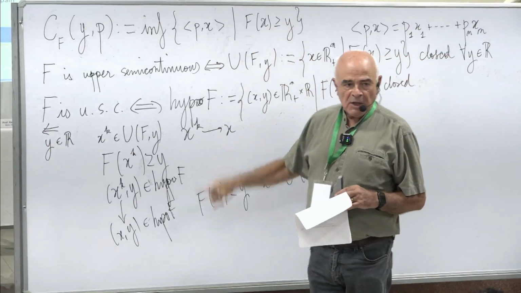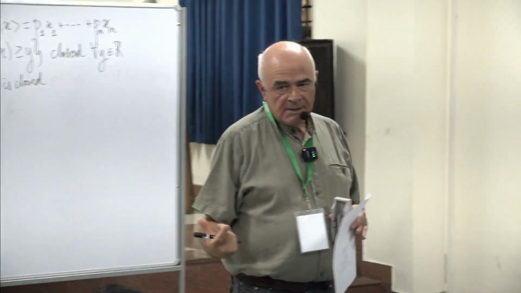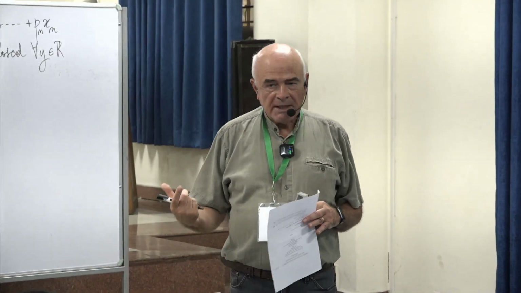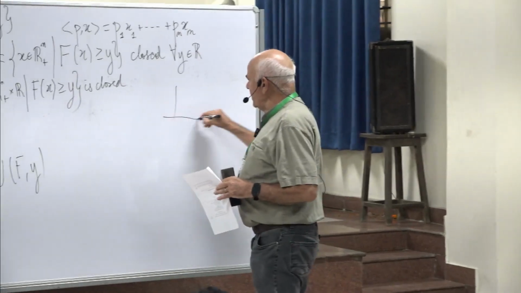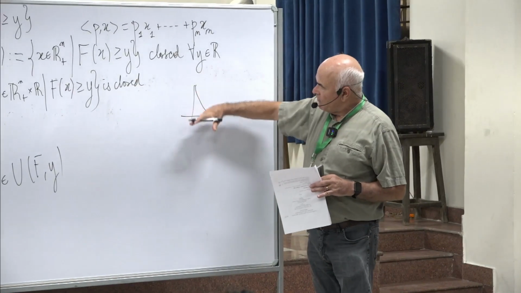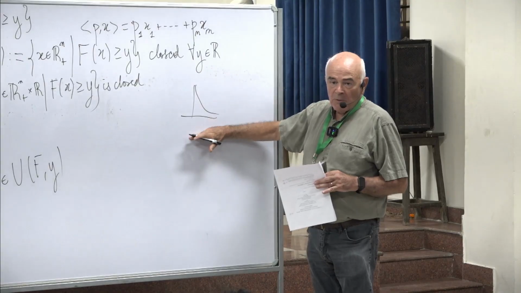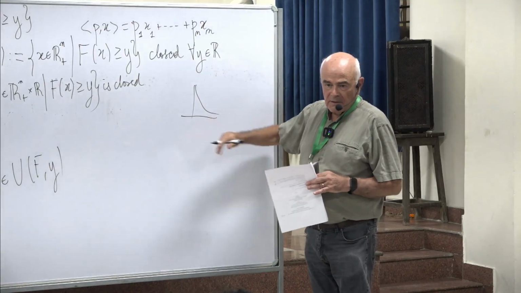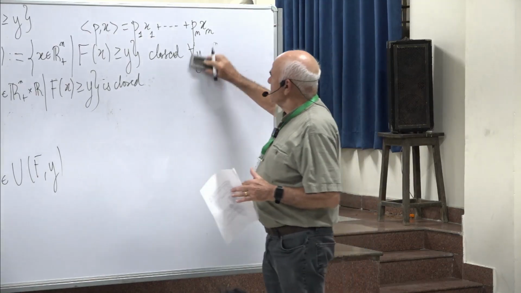But a linear function over a closed set does not necessarily attain a minimum. Consider, for instance, a hyperbola, which is a closed set, and consider the linear function y. The infimum is 0, but it's not attained. Okay, so it's not enough. So what is